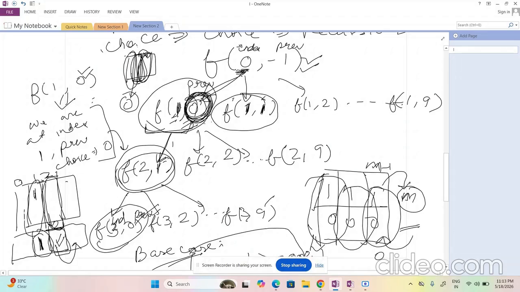If we have taken this particular thing, we should not take that previous again. Why we took minus 1 was, if we are on the 0th column, we don't have any previous, so we are not taking any previous. In this case, minus 1 is the previous. So we have a choice from 0 to 9.